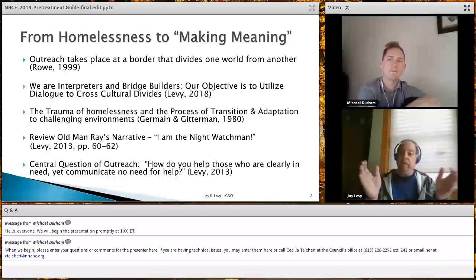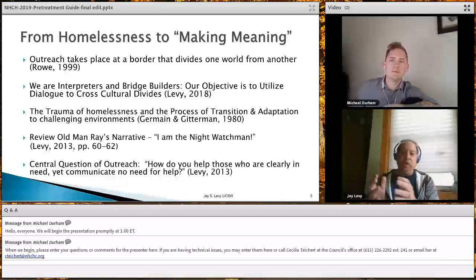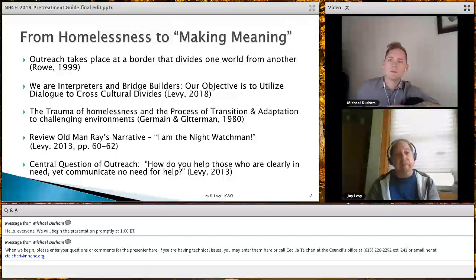And when we try to make that match from the world of the client to the world of AA, the question is, how do we build that bridge? How do we make that happen? Think about for a second the challenges of connecting someone to a mental health clinic